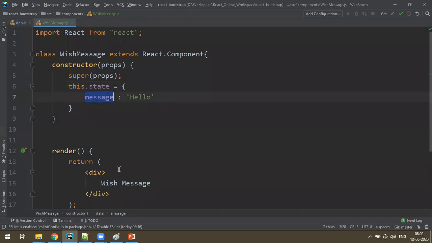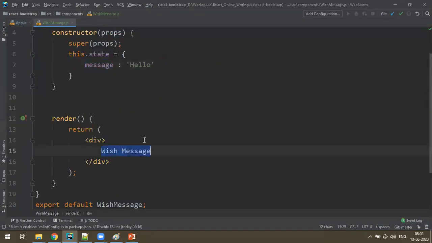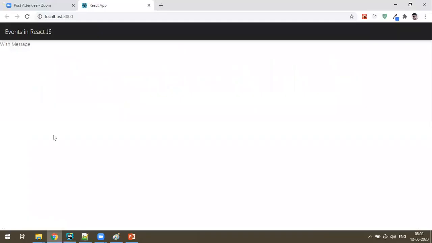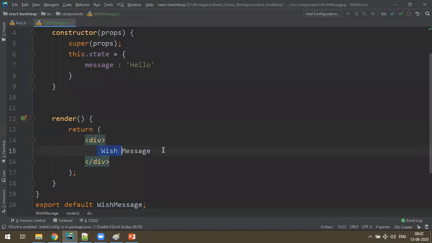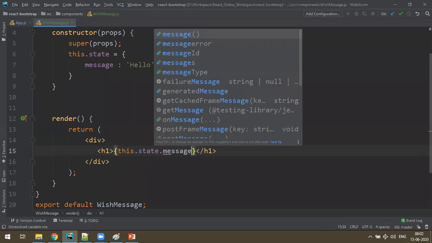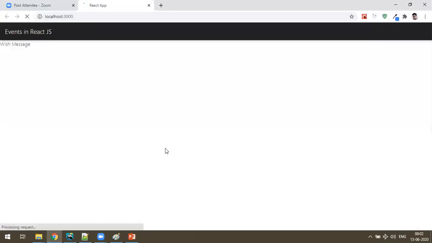I wanted to use that message here and display that hello over here. How to use that: in an h1 tag, you can just say a React expression, this.state.message. What happens is you can access the hello.